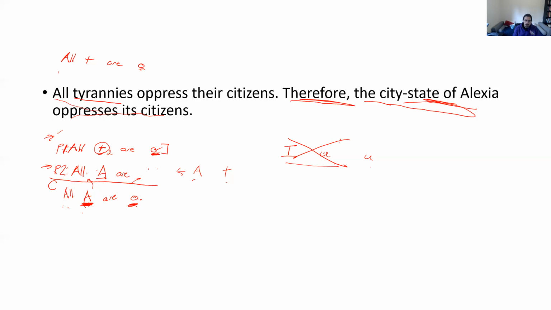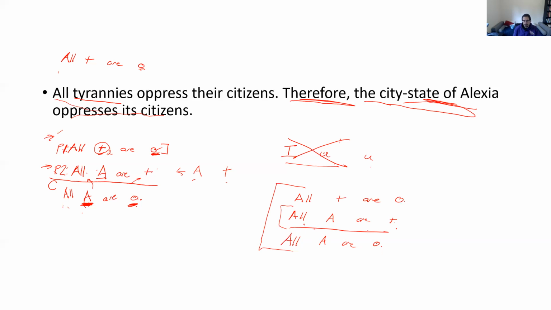All A are T. In other words, just to clean this up a little bit, all T are O, all A are T, and all A are O. Okay? That is a valid argument. So the missing premise ends up being something like the city-state of Alexia